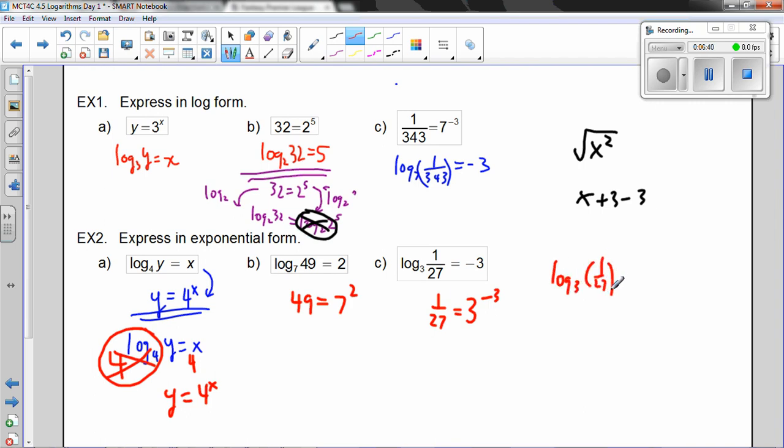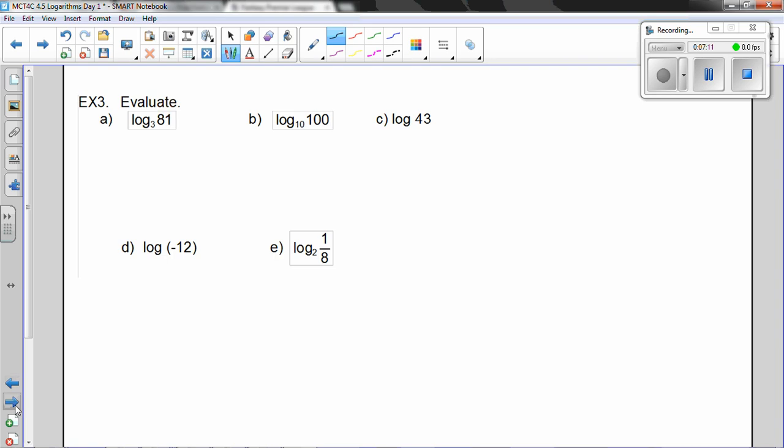If I want to think about changing this, getting rid of the log base 3, I'm thinking about opposite operations. The opposite operation of log base 3 is exponential function base 3. Here, I've got a function and its inverse function touching each other, so they wipe each other out, and then I'm left with the expression that I know is true. This is the exponential function. Cool. This idea will allow us to start solving problems,